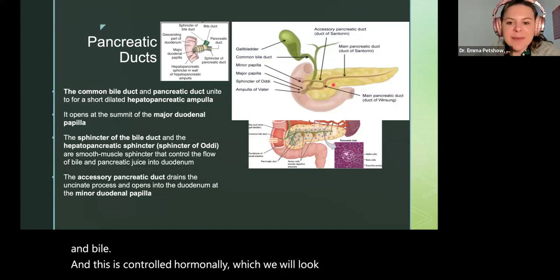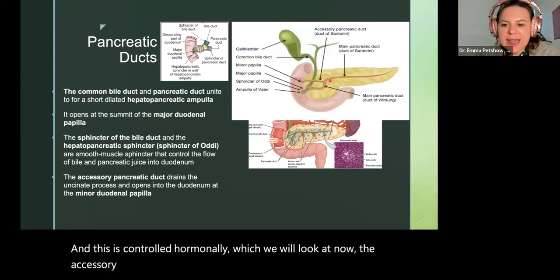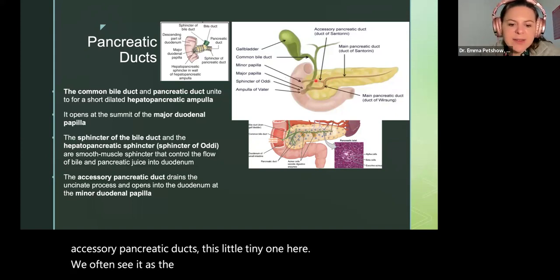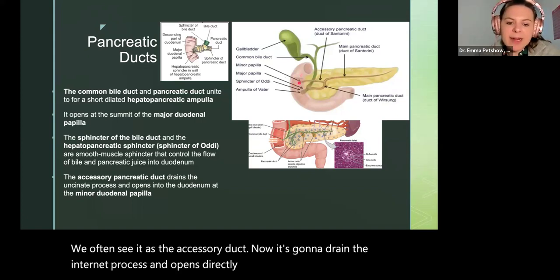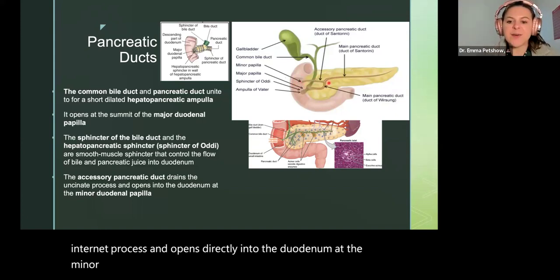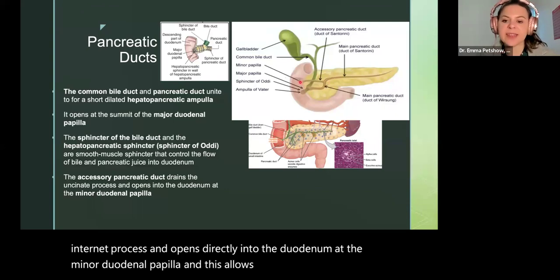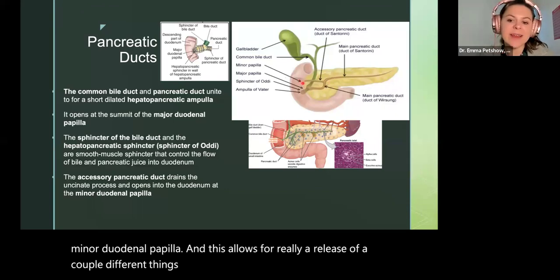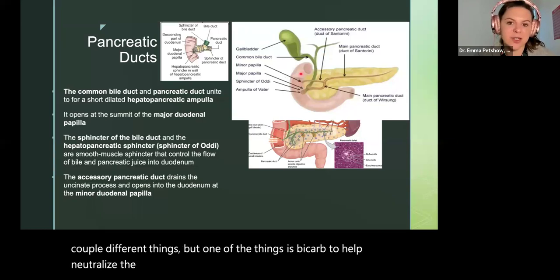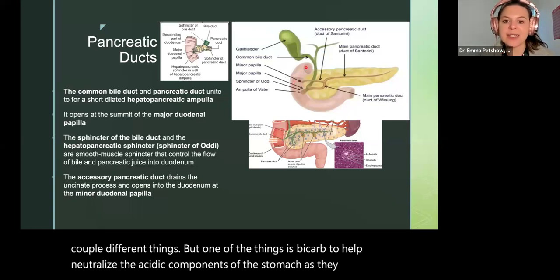Now, the accessory pancreatic duct, this little tiny one here, we often see it as the accessory duct. It's going to drain the uncinate process and opens directly into the duodenum at the minor duodenal papilla. And this allows for a release of a couple of different things, but one of those things is bicarb to help neutralize the acidic components of the stomach as they enter into the duodenum to make sure that we're not